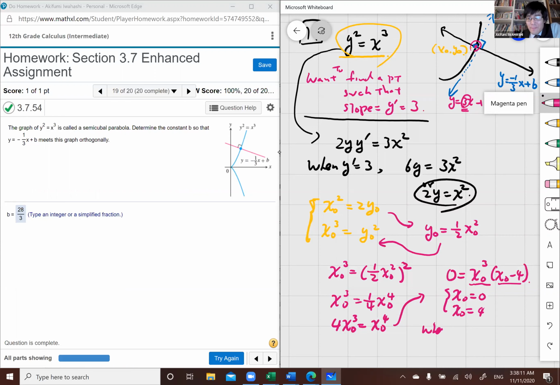When x naught is 0, then from this system of equations, y naught must be 0. But that means the slope cannot become 3 because,